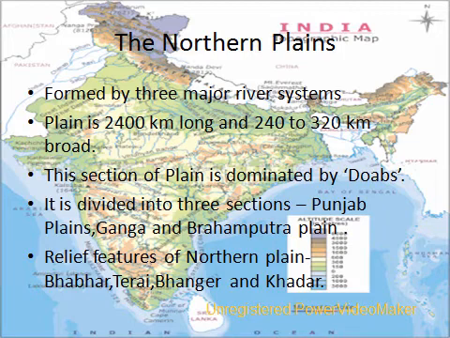Third relief feature of the northern plain is Bhangar. It is the third important feature. It lies above the flood plain of the river and presents a terrace-like feature. It is an area of older alluvium which covers a large area of the northern plain. Next feature is Khadar. The newer, younger deposits of the floodplain are called Khadar. They are renewed almost every year and so are very fertile, thus ideal for intensive agriculture.